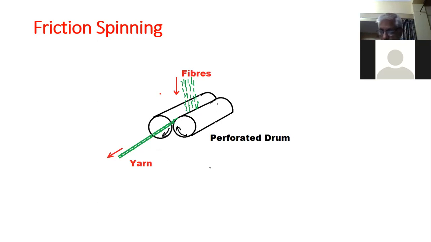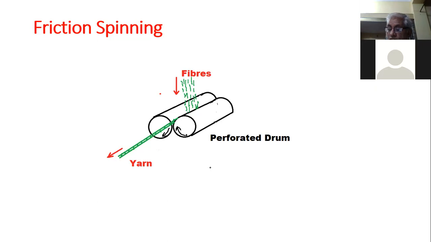So the opened fibers are reassembling between the perforated drums, and the drums are having vacuum because suction is there. As the twist is inserted due to friction between yarn and the drum, that's why it is called friction spinning. This spinning system was invented by Dr. Ernst Fehrer. That's why it is also called the Dref spinning system. They have introduced three models: Dref 1, Dref 2, Dref 3. All are having different features.